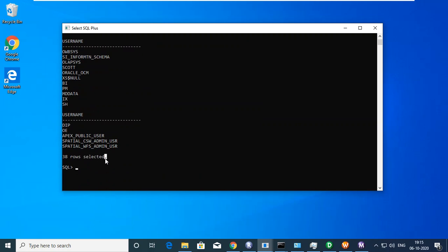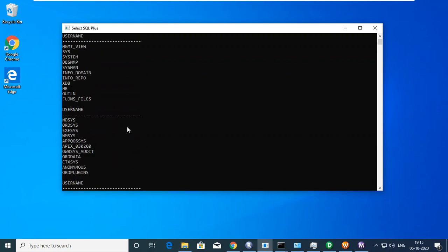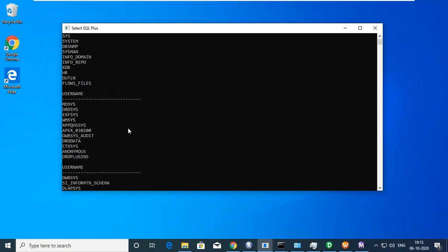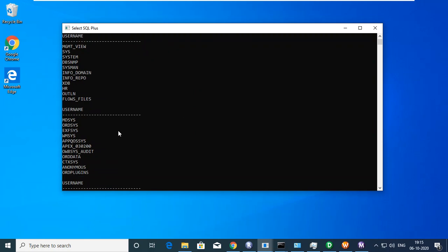Have you got 38 rows selected? Okay, that is 7 rows. That doesn't matter. Aren't you getting HR? So, should I share Oracle 11G Express Edition with both of you so that you can use the same one?